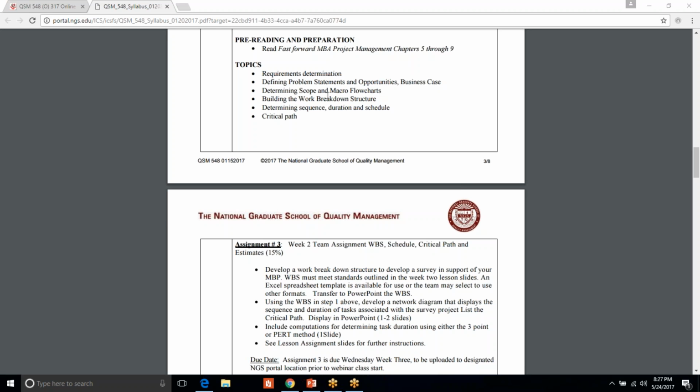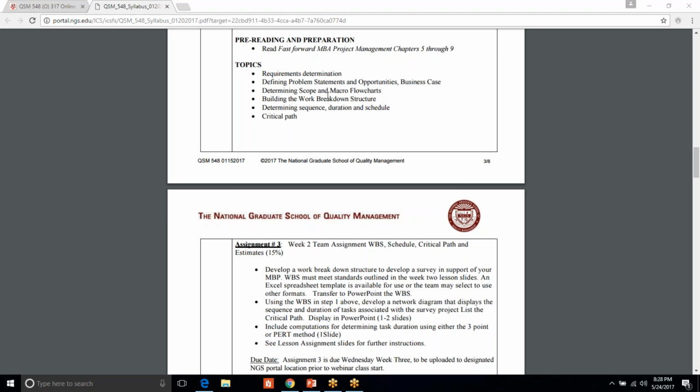If you've ever been involved in project management, and probably most of us have some experience with it, determining the scope of the project is incredibly important, so that you really focus in on what the project's about based on your customer requirements matrix, your champion's needs, and so forth. But those final two pieces are also incredibly important: determining the proper sequence of your project, the duration and schedule, how you coordinate all of that, and what the critical path to success is for the outcome of a project.